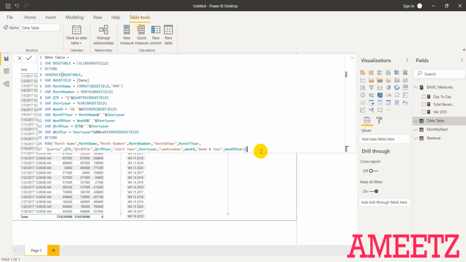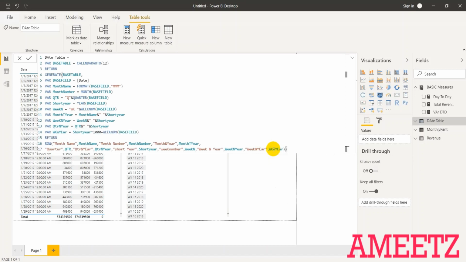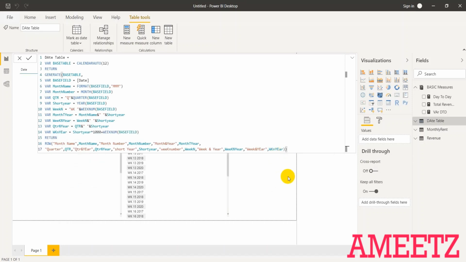Now same field I need to add here, and then I say week and year, that will be week and it's WK and year, and a proper column is created.